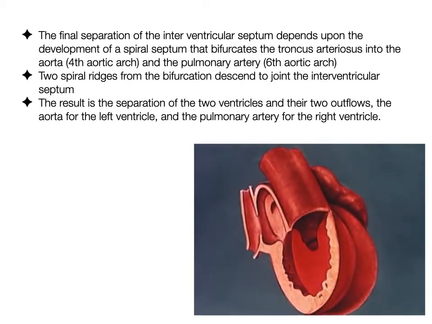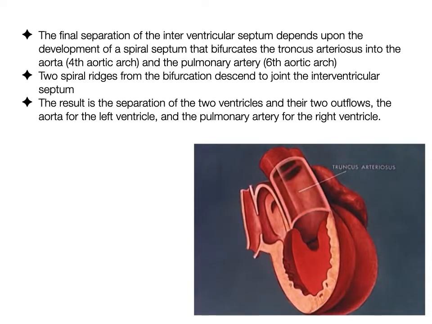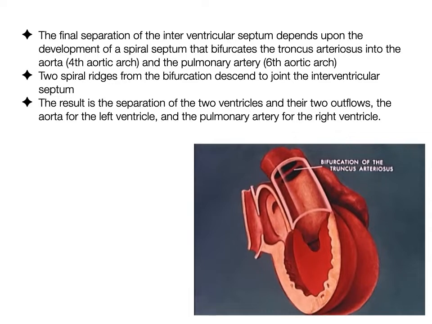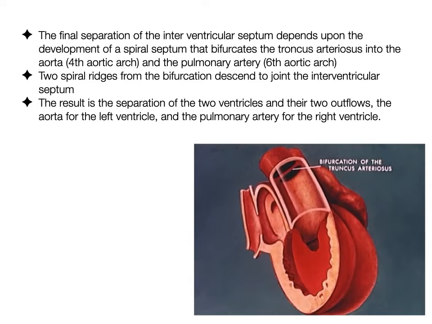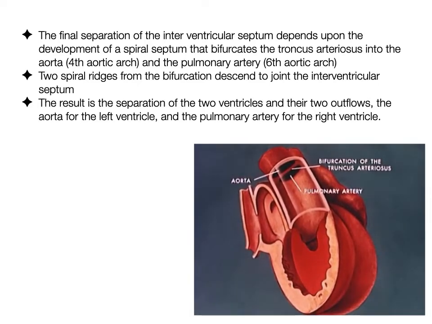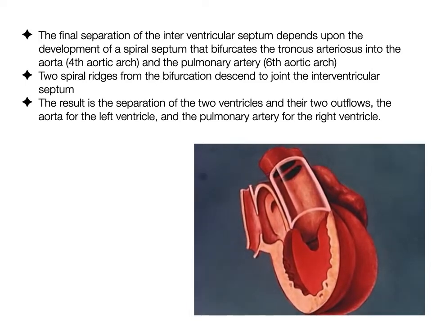Okay, so now what we are seeing is the septum between the two ventricles, and the common outflow, which is the truncus arteriosus. So we make it now transparent, so we can see that the final separation of the interventricular septum depends upon the development of a spiral septum that bifurcates the truncus arteriosus into the aorta, which comes from, you'll see that later,